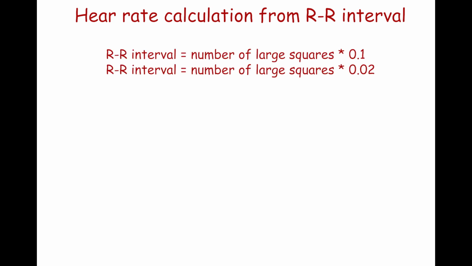The RR interval, measured in seconds or milliseconds, is important. To calculate it, the number of large squares should be multiplied by 0.2 or the number of small squares should be multiplied by 0.04 if the paper speed is 25 mm per second. Also, each small square, equal to 0.2 of the large square, can be added to the number of large squares.